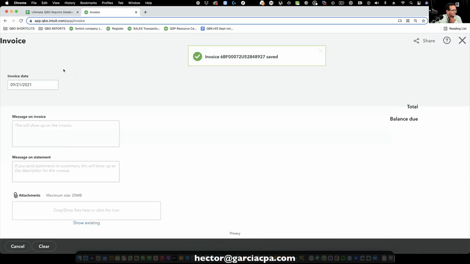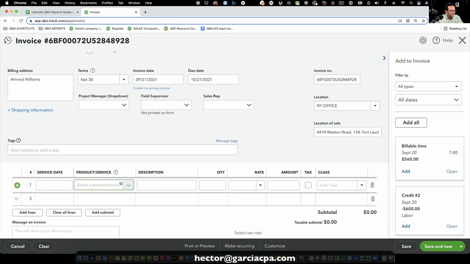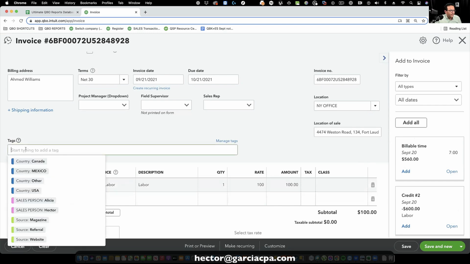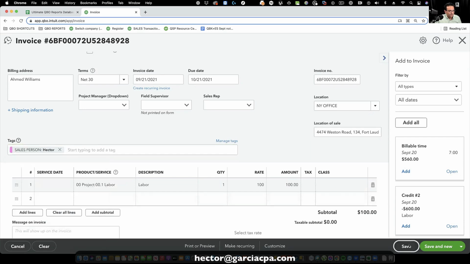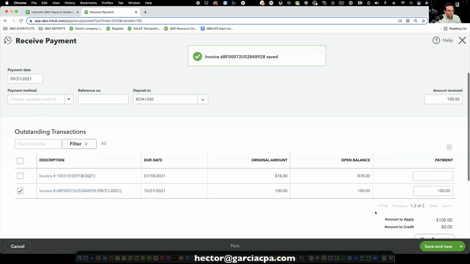And I'm going to do maybe like a smaller invoice that's going to be fully paid. That way we have all the options here. We have all the different situations. We can have a partial payment, non-payment. I'm going to do $100 here. So partial payment, non-payment, and a full payment. So this is going to be for Hector. I'm going to click on save, and then I'm going to click on receive payment and bring that payment in